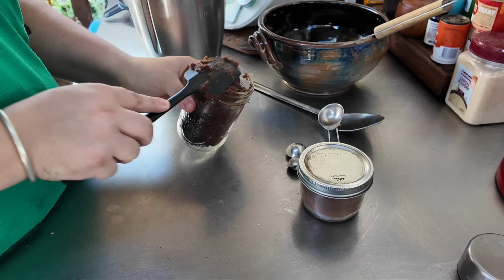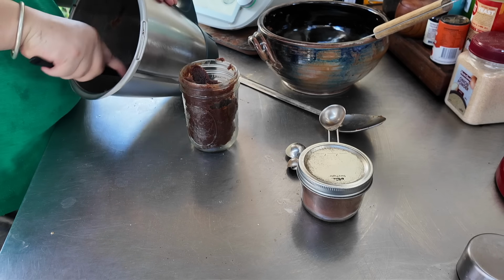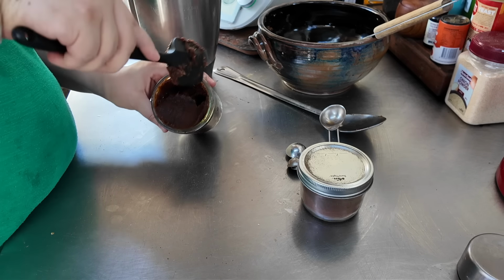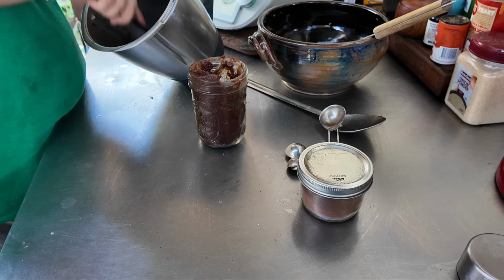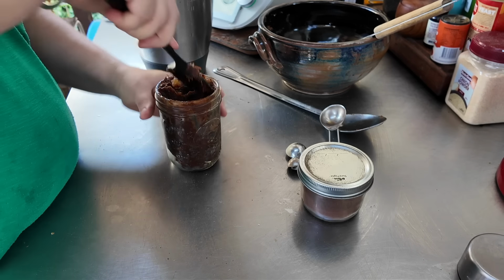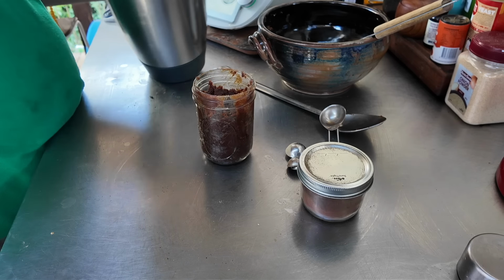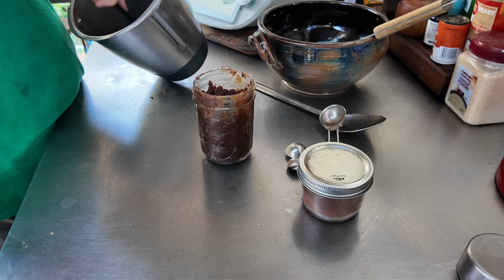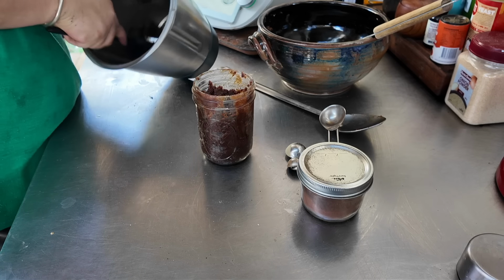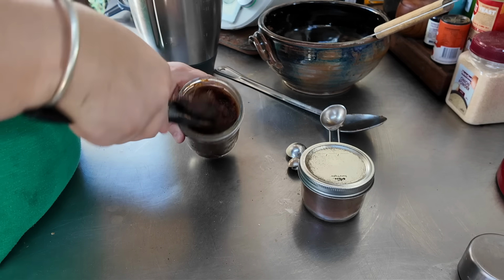And then that way, whatever I don't use can just go in the fridge, because that's nice and easy. So, all right, and it looks like that 400 grams of dates did around about, what, 2/3 of one of these jars. That's probably a good amount. I could probably bump it to 500 grams and it would still just be one of these jars worth, which is like a good number to